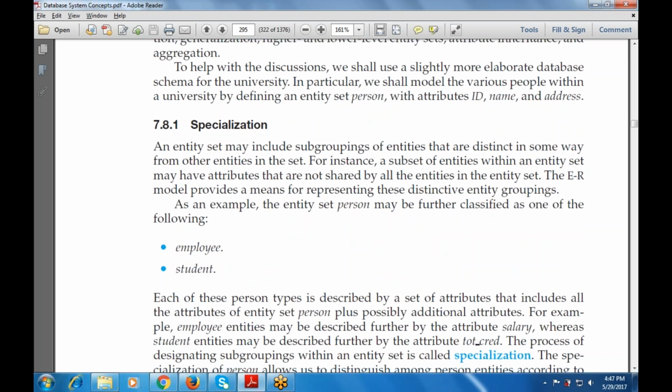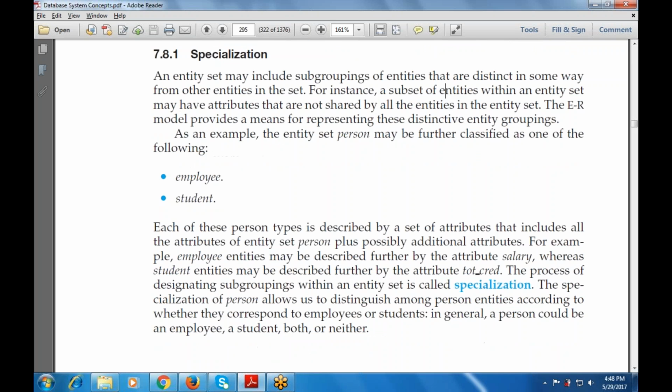For example, an employee entity may be described further by the attribute salary, whereas a student entity may be described by the attribute total credit. The process of designating subgroupings within an entity set is known as specialization. Specialization of person allows us to differentiate among the person entities according to whether they correspond to